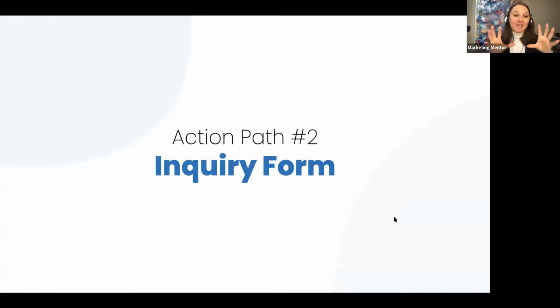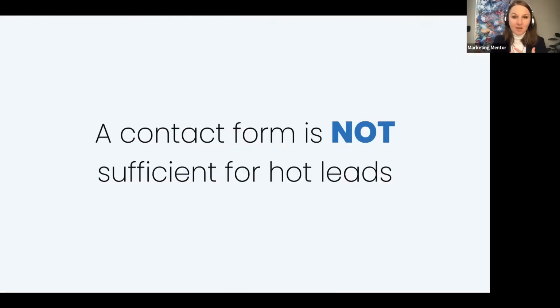Okay, so the lead magnet is addressing warm leads, but the second action path that I recommend having on your site is an inquiry form. And this is going to address hot leads. I personally don't believe that a contact form is sufficient for hot leads. Typically, they're very generic: name, email, message. And it doesn't allow hot leads to take the action that they want to take, which is book a consultation with you. Plus, it requires a lot of manual follow-up on your end, which, as we know, the less manual work you or your staff have to do, the more likely it is to get done,